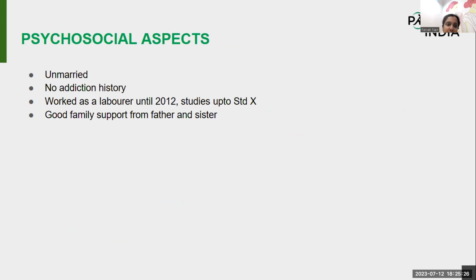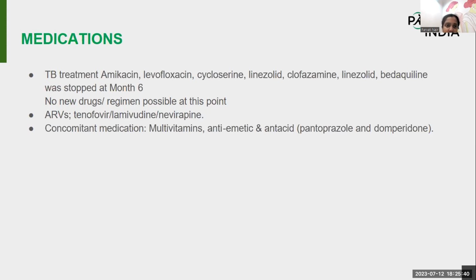So psychosocial aspects: unmarried, no addiction history, worked as a laborer until 2012. He had studied up to class 10, and he had good family support from his father and sister. Next slide, please. TB treatment, as I said before,